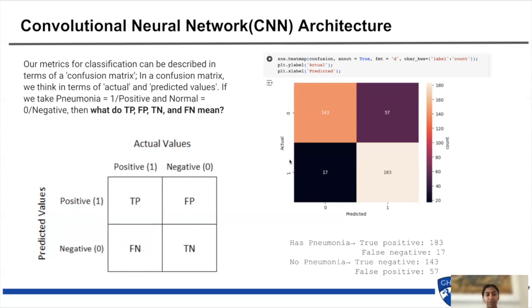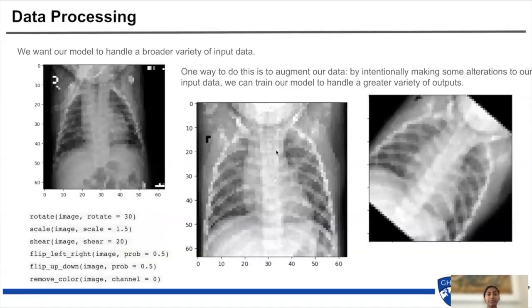So those are some of the outputs we would get from a CNN. To make sure our model is as accurate as possible and make sure those false results are as little as possible, we want to make sure our model can handle a broad variety of input data. And one way to do this is to augment our data. By intentionally making some alterations to our input data, we can train our model to handle a variety of outputs. So rotating, scaling, shearing, this can help our model handle discrepancies in data, especially if it is being used globally. There will be a lot of variance in how data is collected and how the model is taking them in. So we need to make sure that our model is robust enough and has been trained on a diverse data